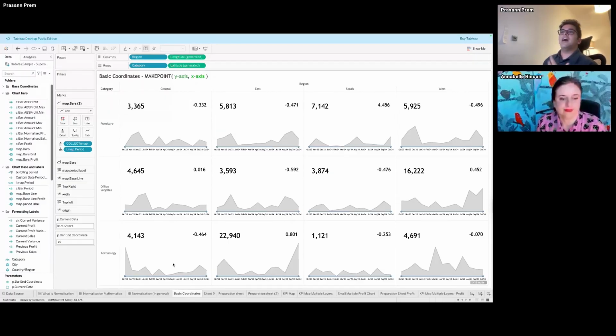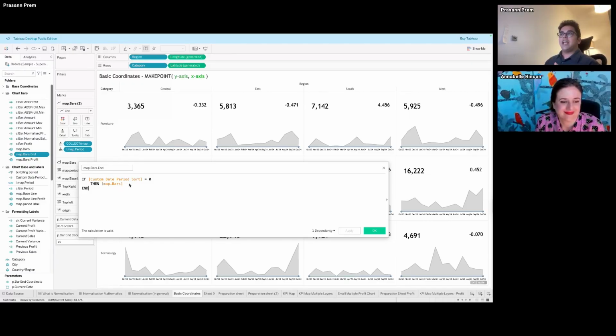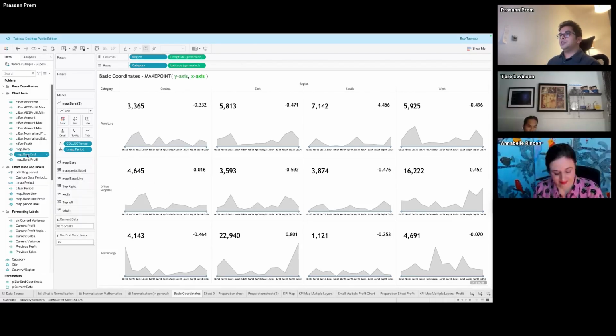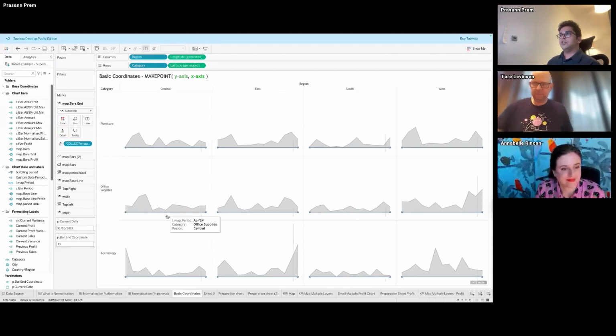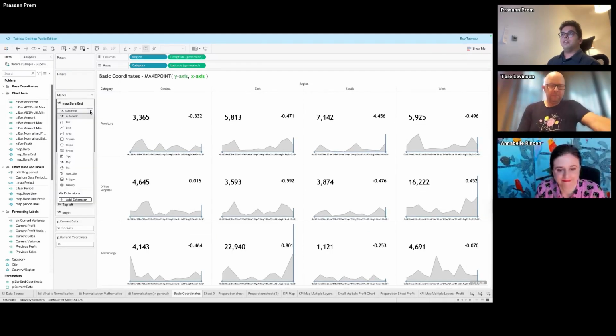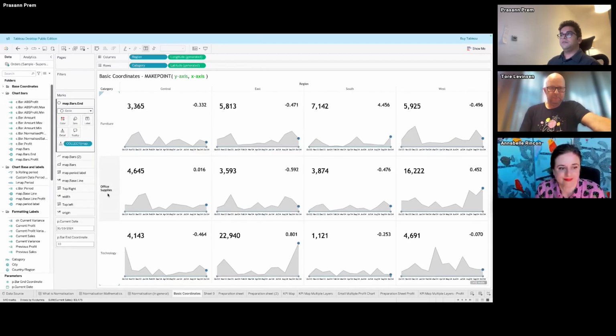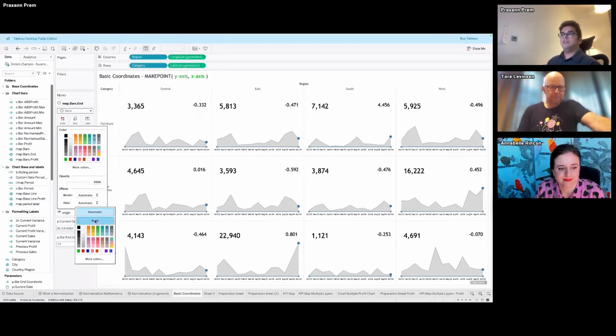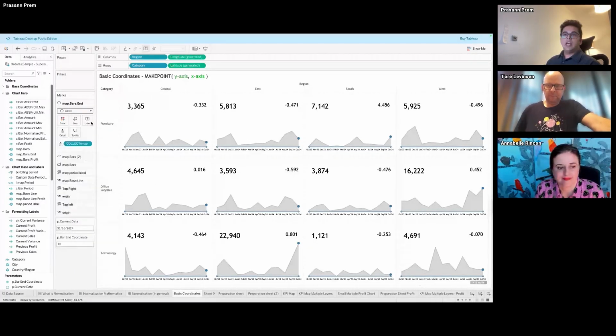The last point is again another map. I'm doing nothing fancy with this again. If you can see, since I already have this custom date period sort that goes from -12 to 0, I'm taking this custom date period sort equals to 0 and then map.bars. Once I do this, I'm going to bring this on top of this again. Now I'm going to change this to circle, and it fits right on top of this. And we again make this. Now you can put,